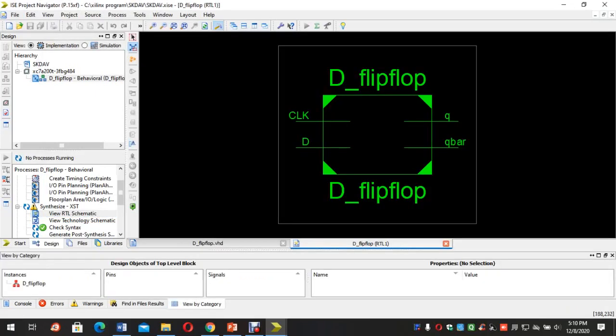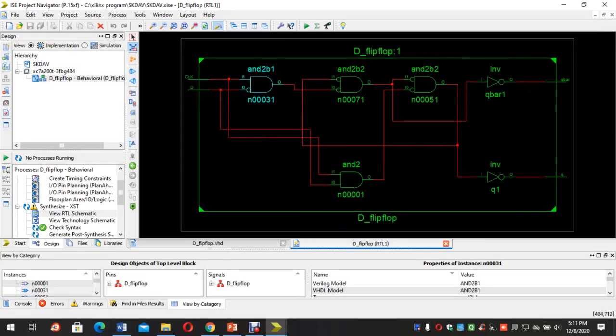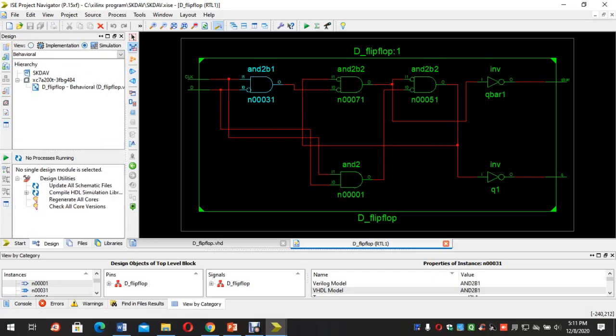This one is the schematic. Here are the two inputs, that is D and CLK, and here are the two outputs, Q and Q bar. This one is the internal diagram that contains 4 NAND gates. Okay, then we go to the simulation part.